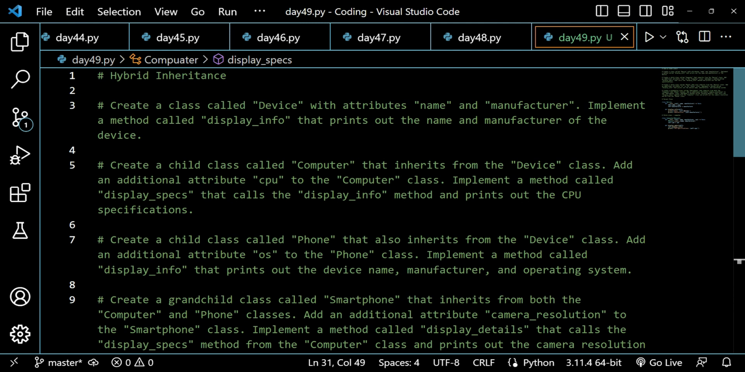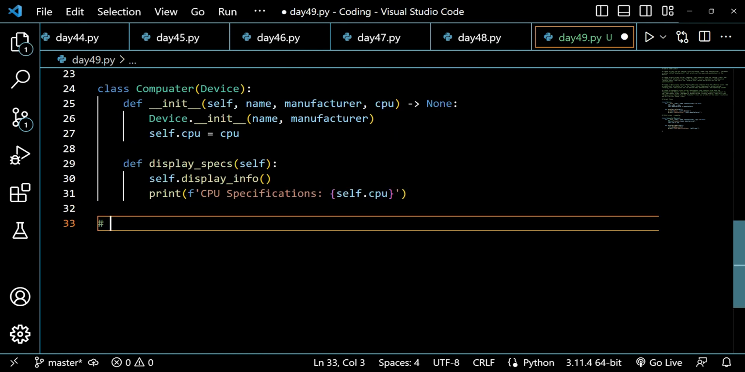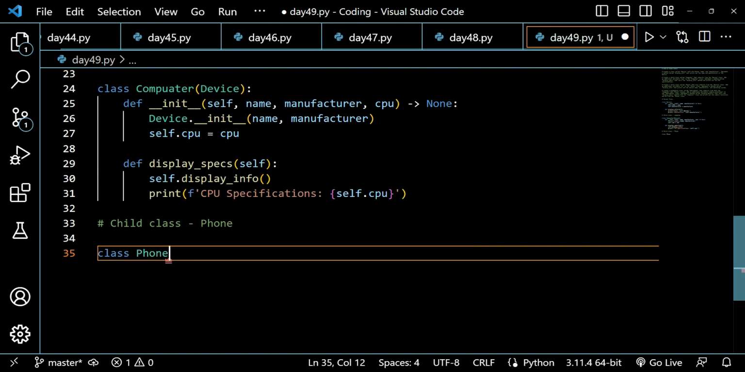So now create a child class called Phone, that also inherits from the Device class. Add an additional attribute OS to the Phone class. Implement a method called display_info that prints out the name, manufacturer, and operating system. So OS means operating system. So what we will be doing here is we'll be creating a child class again, and this child class is Phone, and we will be writing class Phone and closing by parentheses, and inside those parentheses we will be writing